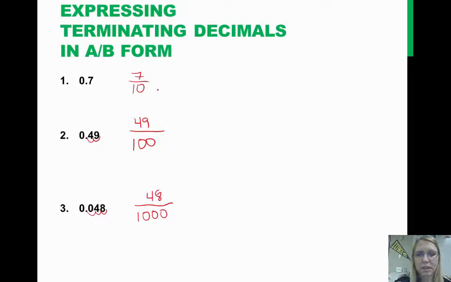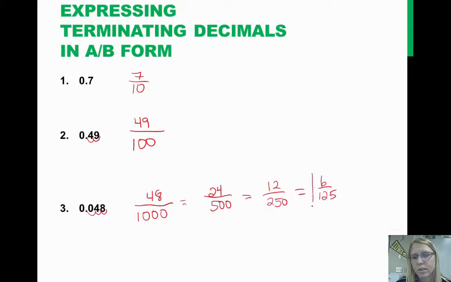Notice that 7 tenths I can't reduce, 49 tenths I can't reduce either, but 48 1,000ths I could because it's divisible by 2. So we'll try that. This will be 24 over 500, and notice I can still reduce that because I can divide both top and bottom by 2. So this will be 12 over 250. Again, I can reduce by 2. 6 over 125. And this would be